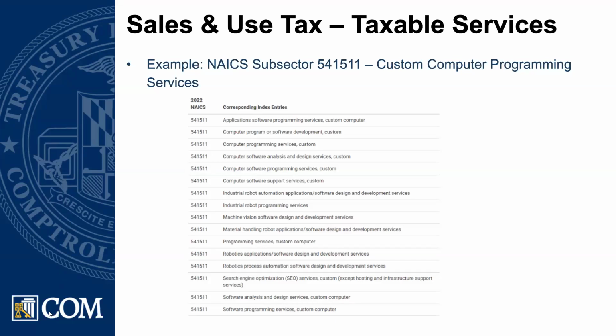To assist taxpayers, we've taken the activity descriptions from the NAICS codes listed in the bill and included them in our emergency regulations and other guidance available on marylandcomptroller.gov. We've had a lot of questions come to GA and also to the legal division about what qualifies as an IT service and what is a digital product. Check the list of services and make sure that you're using the 2022 edition. If you're charging for packaged computer application software, then as of July 1st, 2025, you are providing a taxable service.